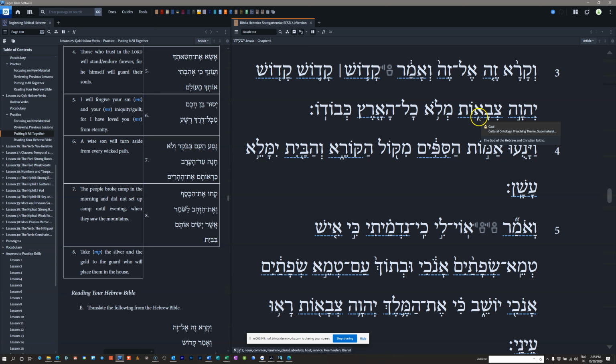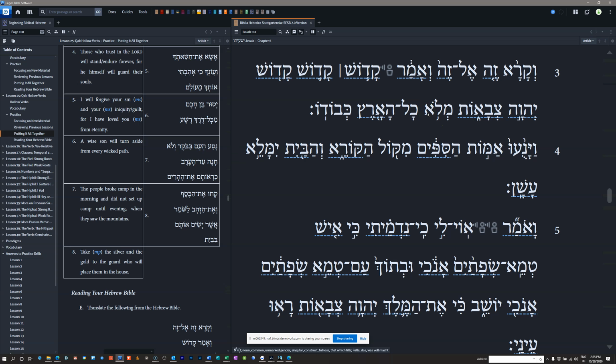We've got this little upside down tuning fork thing, this little horseshoe guy. This is kind of a semicolon on the verse. Now, this isn't original to the text. I'm not saying that the author of Isaiah wrote this in here. This is a Masoretic note, but it usually tells us this is the end of the first half of the verse, which is helpful because when we've got a lot of words, it's helpful to be able to break them into phrases. So if we start the next phrase here, malo